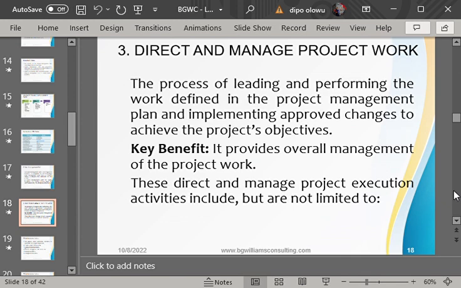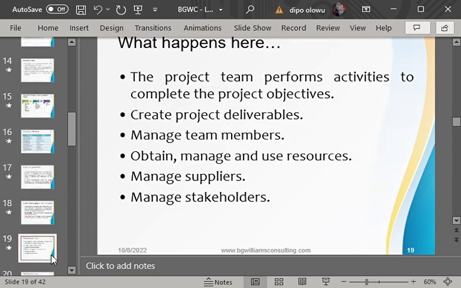Now, I've said two major things that I need you to take note of. This is the project manager's responsibility. He directs, he leads, he ensures, he coordinates. But the other thing I also said that is very important: who is responsible for carrying out the work? I also told you that it is not the project manager. Those two keywords are important.